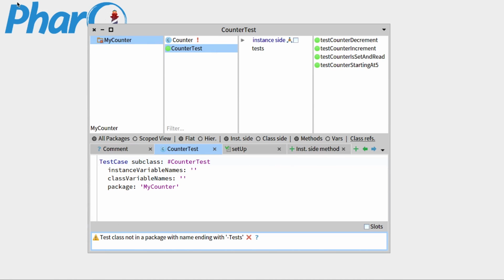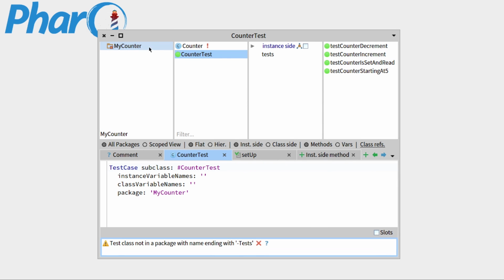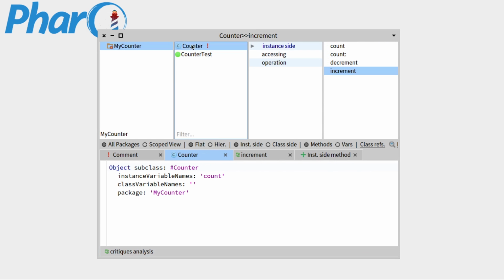Hi, in this video we're going to look at the automated tools Faro provides to critique your code and give you some direct feedback or automated feedback. So for example, I loaded the my counter we developed in the redo of week 2,